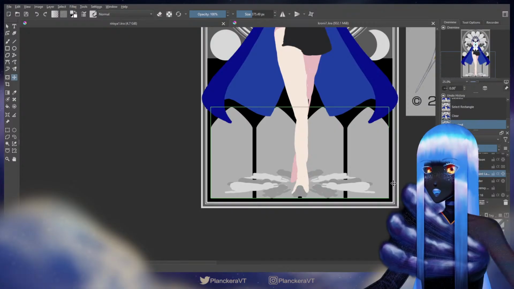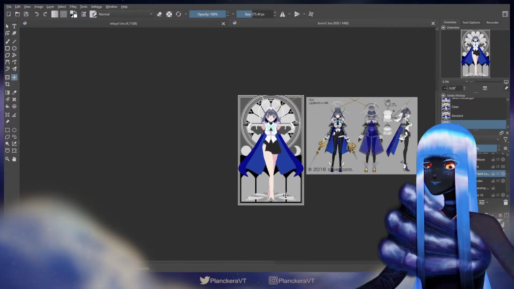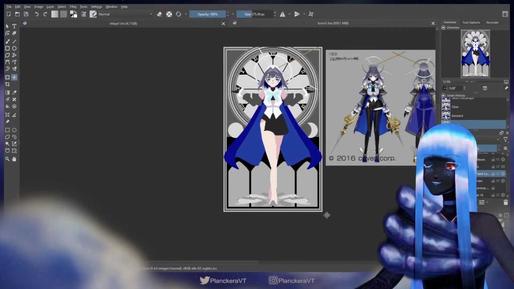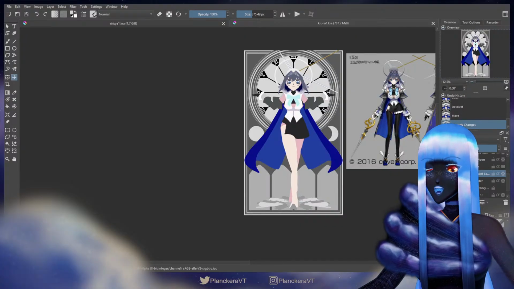Let's see, do I like that size or do I want them to be a little taller? No, I think that size is good. Yeah, I think I like it there. So that'll be for the 4 seasons.